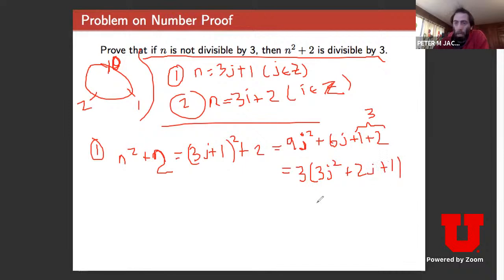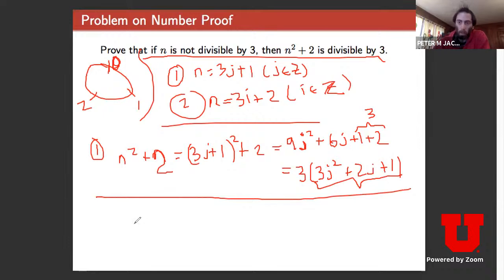All right. And now we would use our usual arguments to show that this is an integer. We say, well, integers are closed under multiplication, so j squared is an integer, and so is 3j squared, and so is 2j. And then we use the fact that integers are closed under addition to say that 3j squared plus 2j plus 1 is an integer, and thus we conclude that n squared plus 2 is divisible by 3. So that's the first case. And then the second case is very similar. So the strategy is